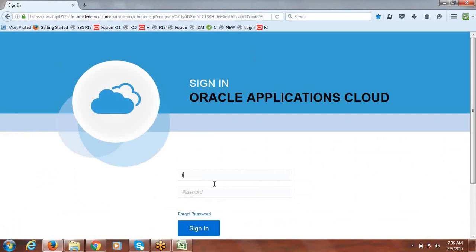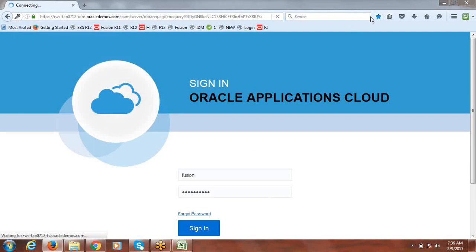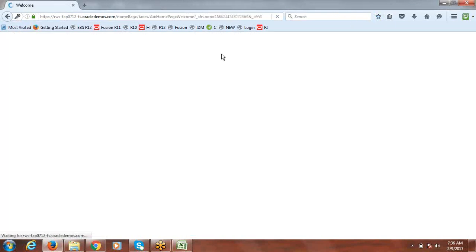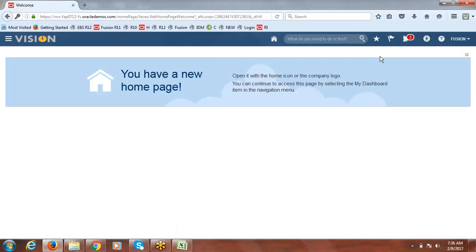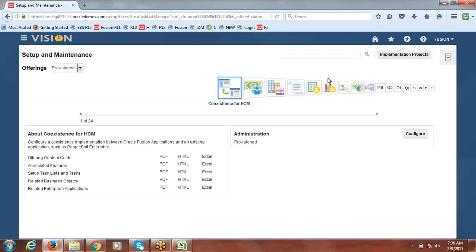Our username is Fusion. Enter password. To define the rate types, you can go to the project, or without entering into the project also you can define the rate types, because rate types need not be mapped to a specific project.